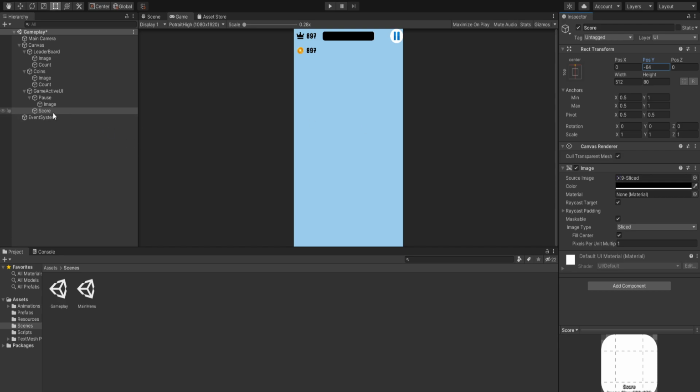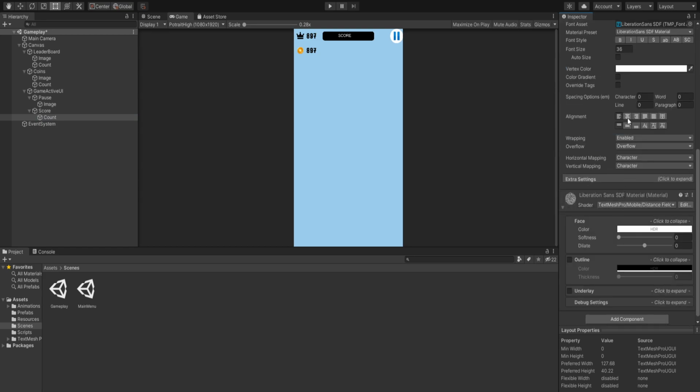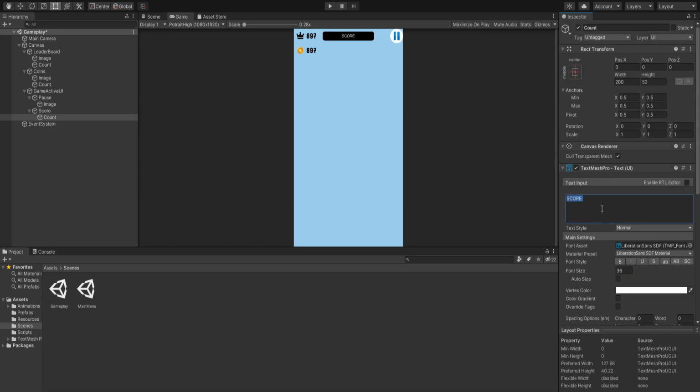Top center. Now it's also going to have text and text mesh pro, and we'll just call it count, and it's just going to say score position towards the center, some random amount, and PTS,